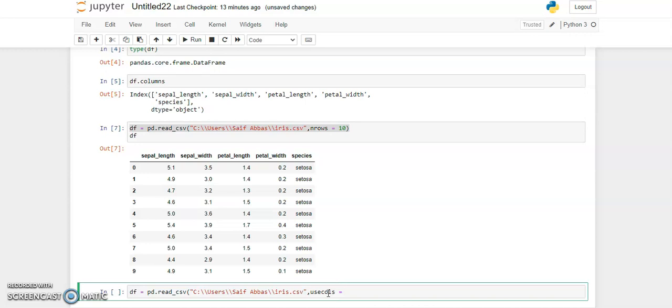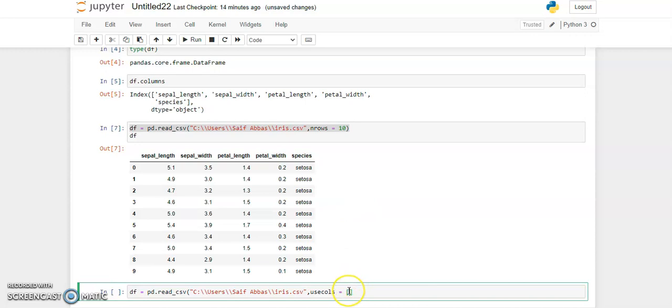For this we use the square bracket, and if we want to access the first column we pass the index 0, because the first column has the index 0, the second column has index 1, and so on.